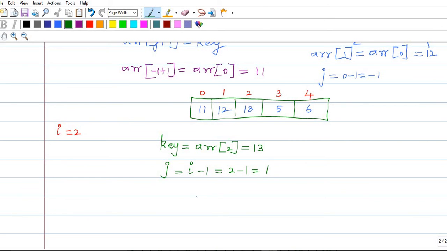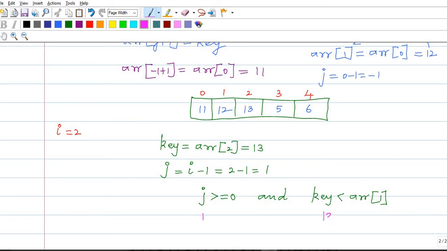While j greater than or equal to 0 and key less than arr[j]: j is 1, 1 greater than or equal to 0, the condition is true.